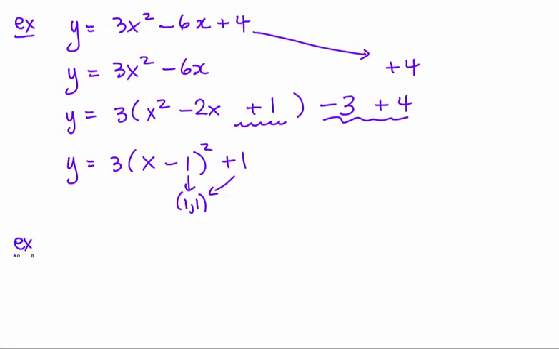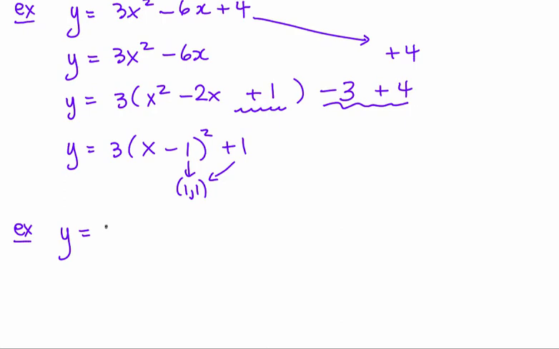Let's take another look at an equation that's like this. We'll do y equals 4x squared minus 16x plus 5. Again, we want to complete this part here into a perfect square, so I'd move this 5 over a little bit, factor this part,